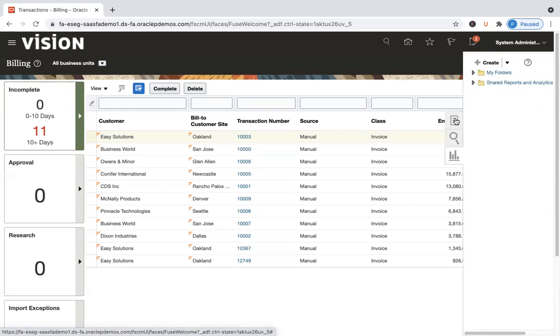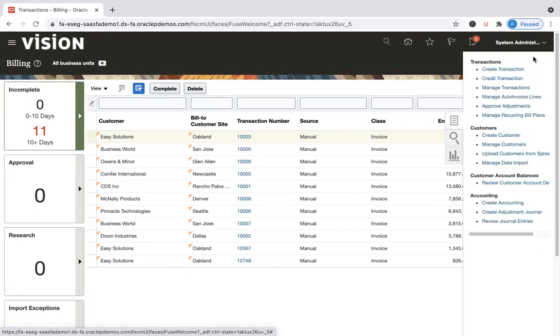So if you go into the tasks ribbon, you would see we are in the billing receivables screen, right? I should be able to create transactions. And before I could create a transaction, if I have to create a customer, I should also be able to do it. So I should be able to manage customers, transactions, and I should also be able to do the accounting bit as well. So all those tasks are appearing here. And if you look at the transaction task, I could create a transaction and I could manage the transactions as well. So if I click on create transaction,